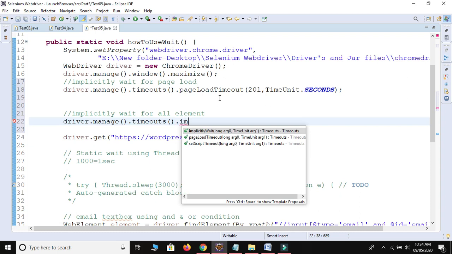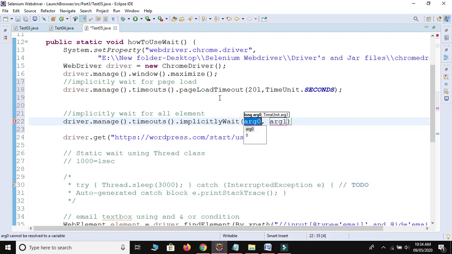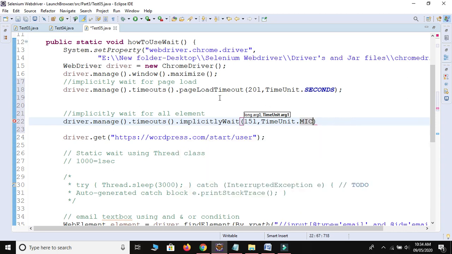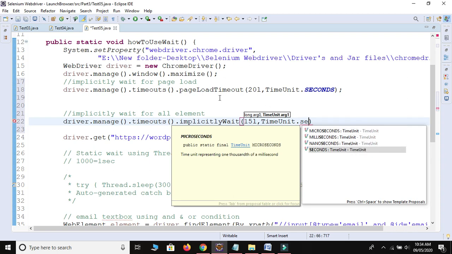See guys, the setScriptTimeout method is also there, but mostly we use pageLoadTimeout and implicitlyWait. Again we provide 15 seconds, so we use 15L, and we use the TimeUnit class, where we provide 15 seconds, so we use SECONDS, not microseconds.